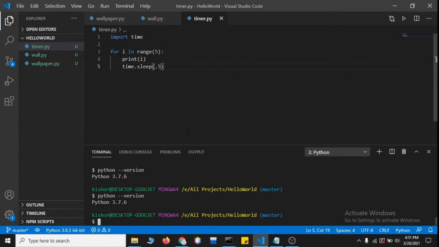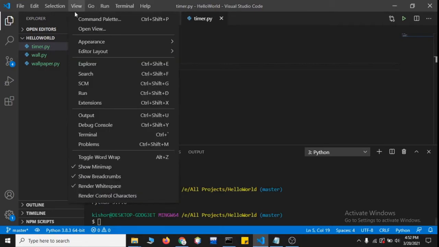I'm using Visual Studio Code here for this coding. If you have it, it's fine; if you don't, you can use any editor of your choice. In case you don't have the terminal over here, you can press Control plus backtick. The backtick is the symbol next to the one button. You can also go to View and then Show Terminal.